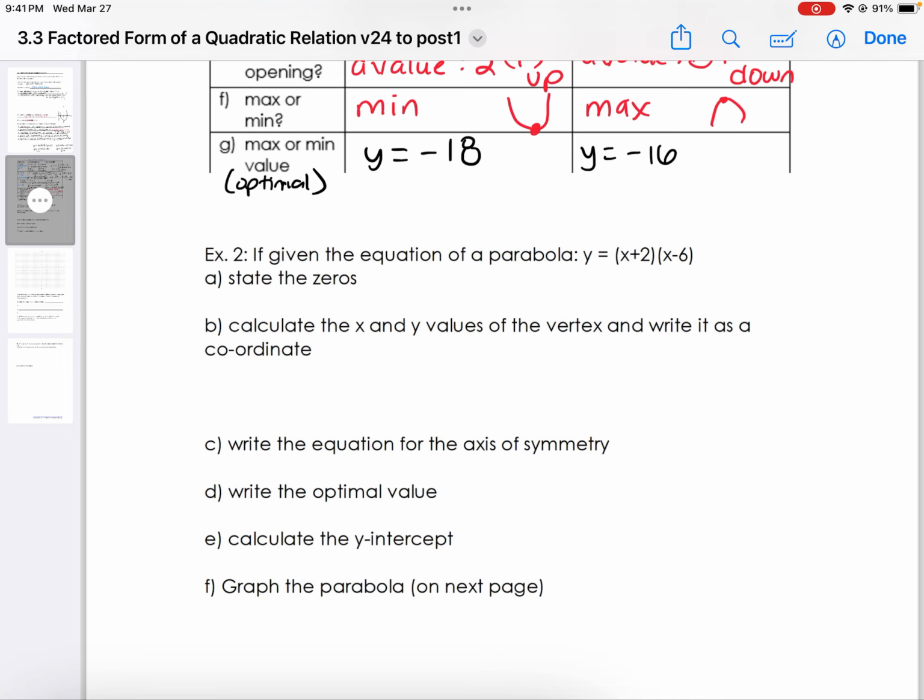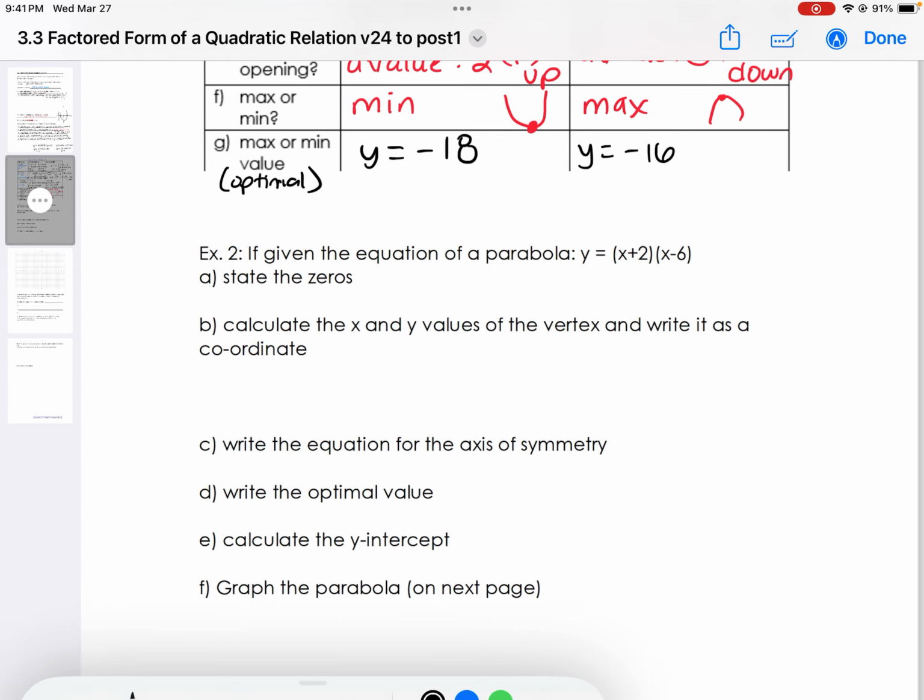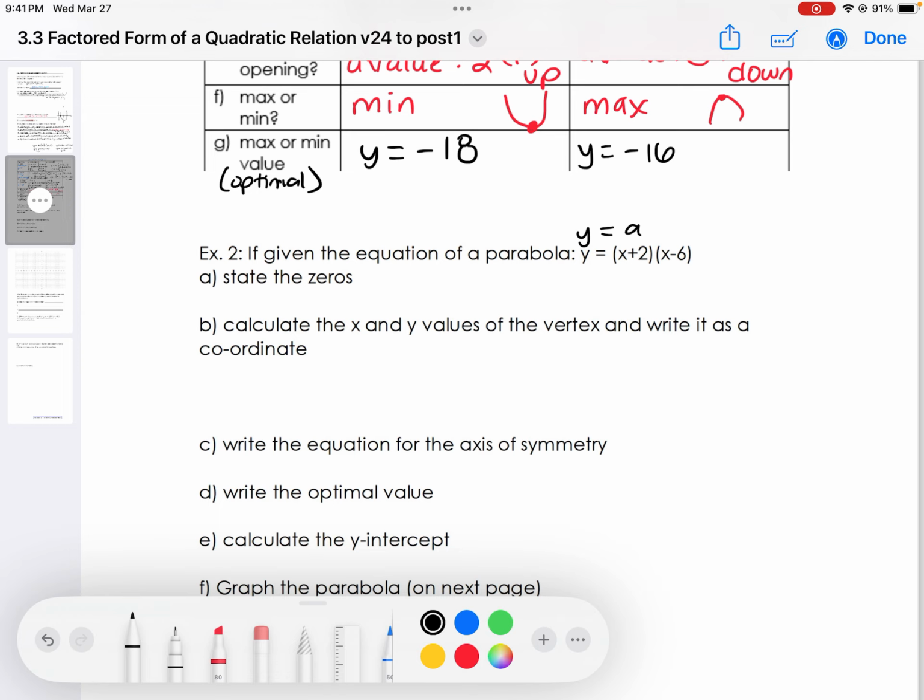Sometimes you'll see the question written this way because there is a shortcut: if you remember that the general equation for a parabola has -r and -s, then you can look at what's inside the bracket and change the sign. So stating the zeros, you could do x equals -2, x equals +6,